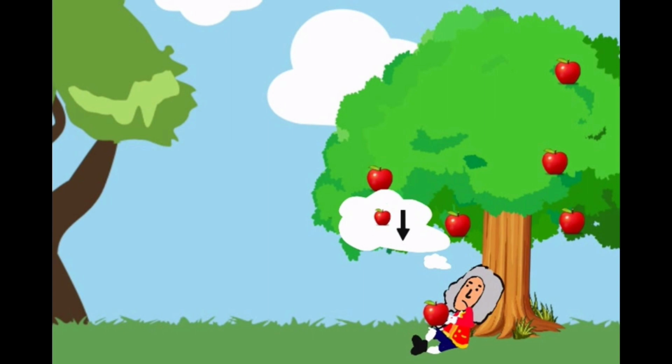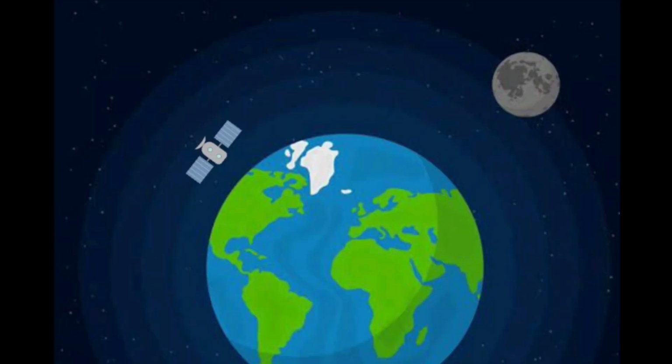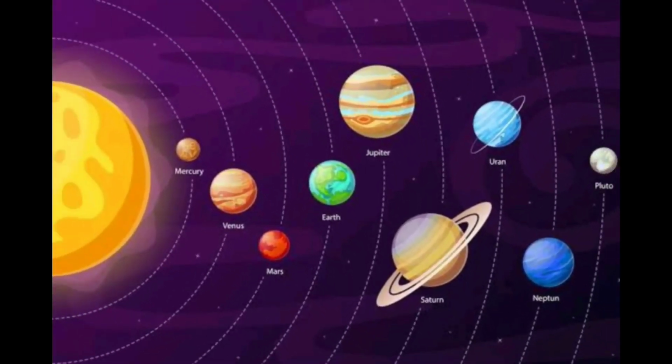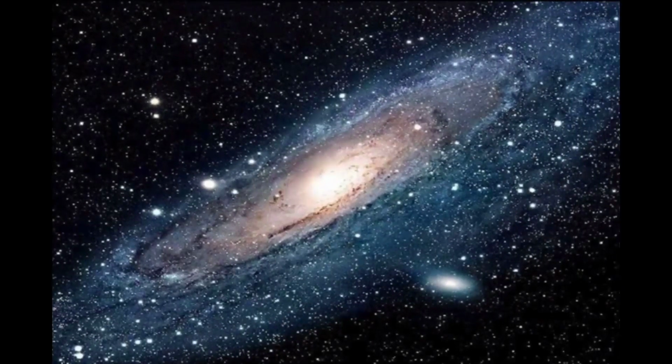Newton thought that if the force of gravitation acts on apples on the tree at different heights from the surface of the earth, can it also act on objects at even greater heights, much farther away from the earth, like satellites or moons? Can it act on even farther objects like the other planets and the sun, or the universe? The answer to all the above questions is yes. Newton formulated a law called the universal law of gravitation.